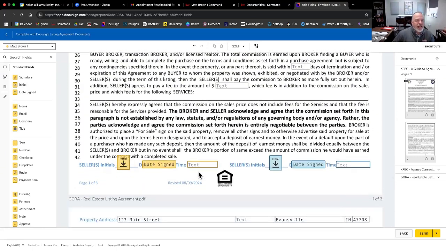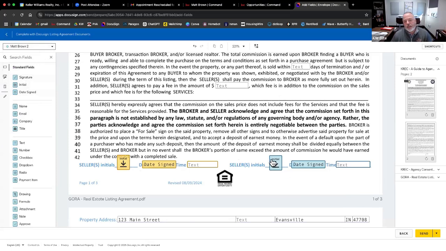Now, you can see down here, it already has it set up for initials for both our, in this case, both of our sellers. They're color coded. So you can see Matt Brown 1, which is seller 1, is in yellow. I can switch up here to Matt Brown 2, and you see how that turns this little kind of turquoise color? That's this color here. So anything that is in this light blue turquoise color is going to be filled out and or signed by